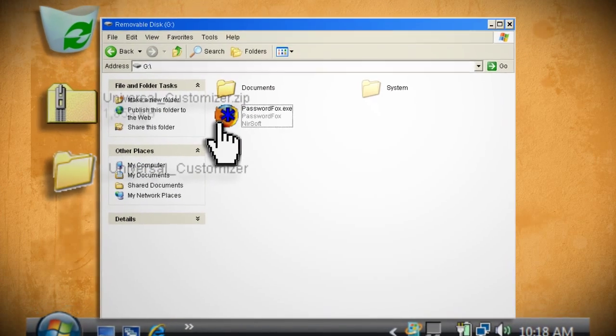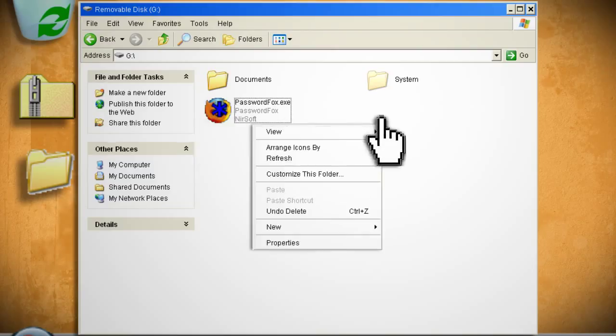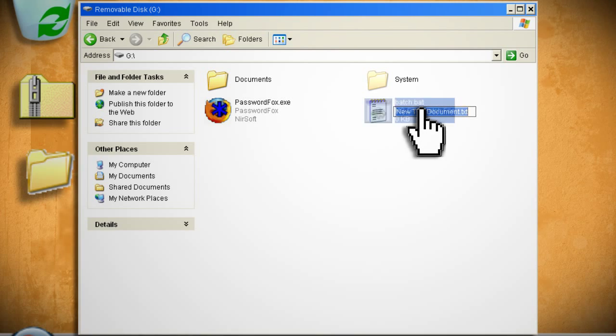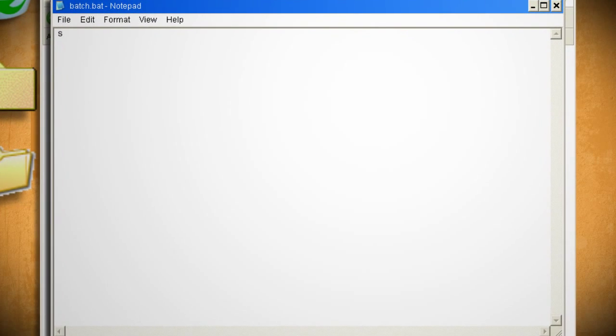Lastly, we need to create a batch file that runs the program silently and stores the data that it collects back on the USB drive. So right-click in the USB drive folder and create a new text file and rename it batch.bat. Then right-click on it and select Edit. To launch the program, type start, space, and then the name of the program. For me, it's going to be passwordfox.exe. And according to the Nirsoft website that we downloaded it from, if you want to save it as an HTML file, we can type